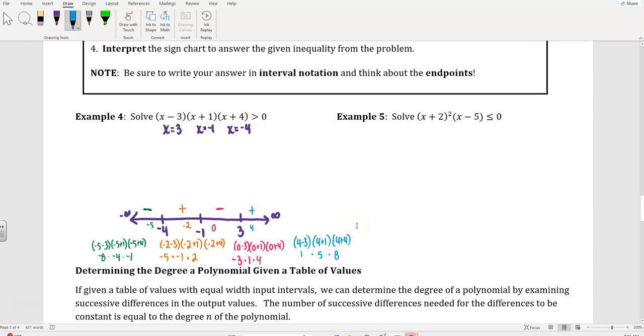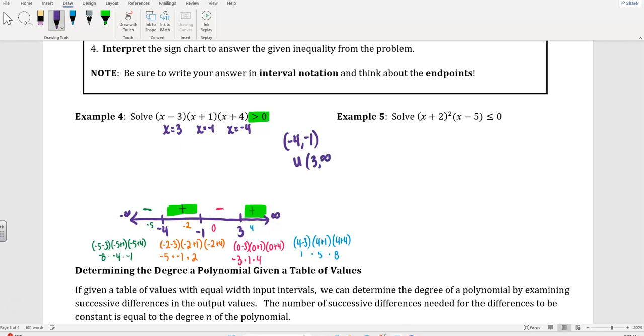So I need to go back up here. I need to look right here. This tells me which ones are the answers, right? I'm looking for where this function is greater than 0. So greater than 0 is positive, so I'm looking for the positives as my answers. So these 2 sections right here are my answers. And so I would have my answer here is going to be -4 to -1 union